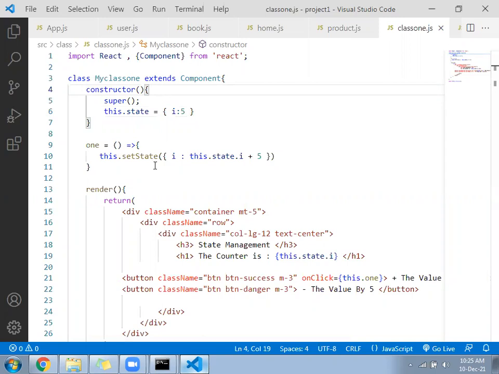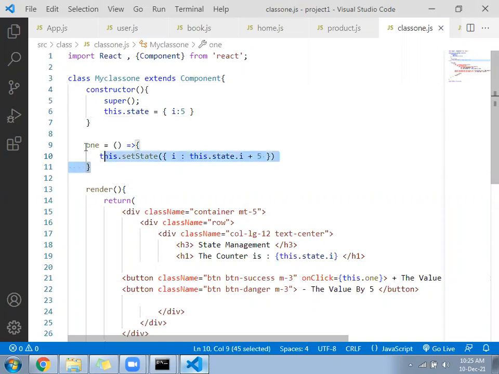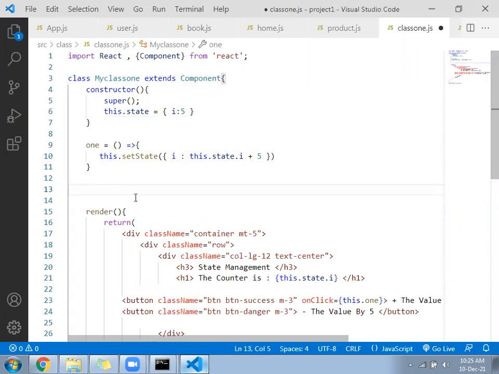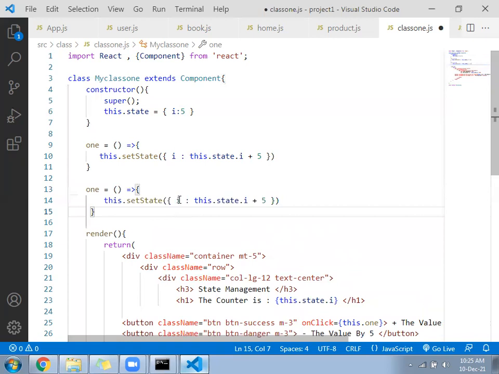Go ahead, next. So the value is getting increased. Now write one more function, function two, to decrease the value of state. Minus 5 you can do. And function two, you again call here on click.